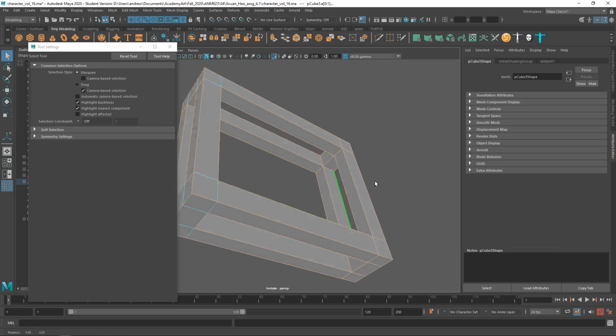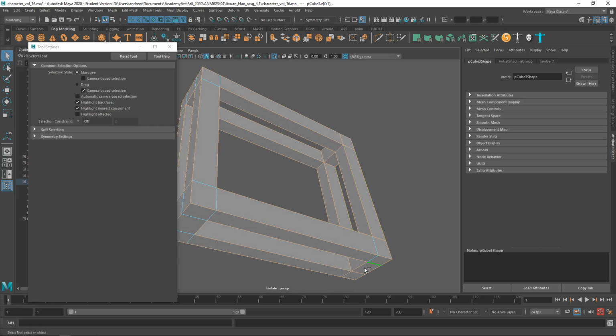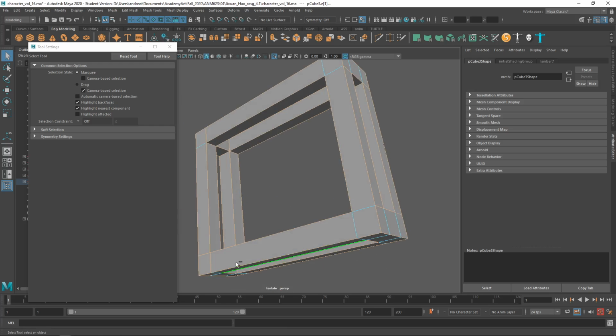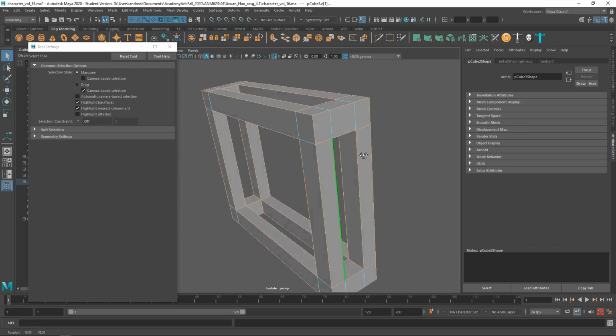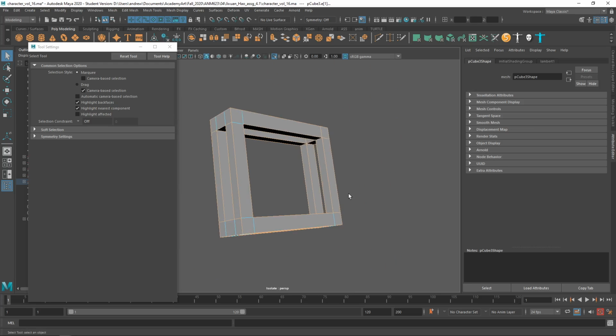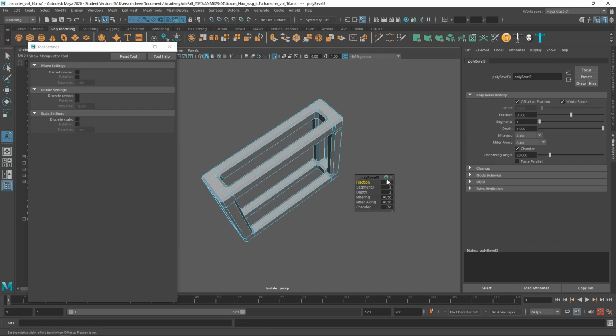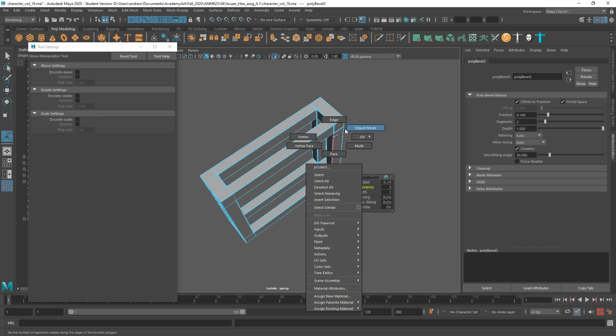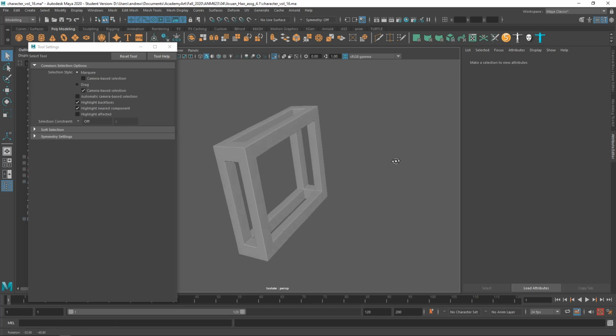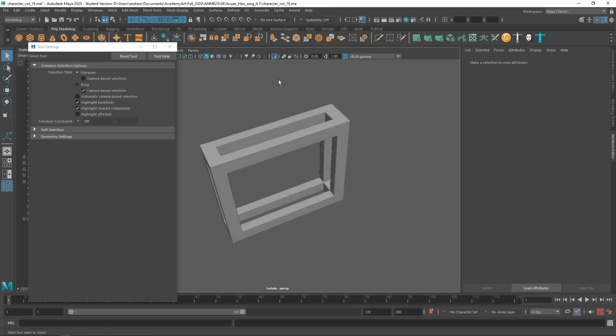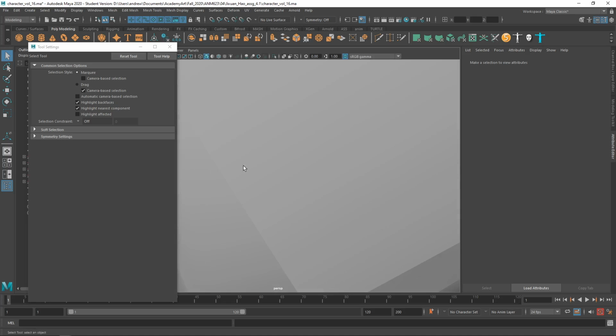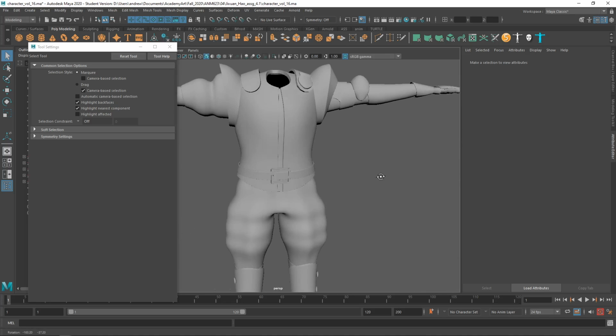Whoops. Oh yeah, we don't want those. I think that's all of them that you don't want to bevel. And then bevel, then adjust. And it just looks a little nicer. It's too sharp without the bevel in a way. It doesn't look